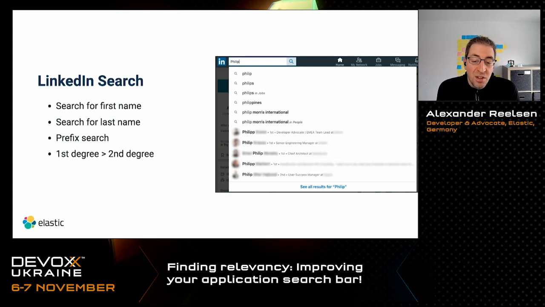And there's another important thing. You can see here that first degree connections are definitely preferred over second degree connections. All the hits displayed here in the search-as-you-type functionality show that the hits that are displayed first are always first grade contacts, so people I already have a connection with. And then there's a second degree user at the end. And we can also infer out of that, if the next hit is a second degree user, the LinkedIn search takes this into account as well and makes sure that if you have indirect connections, they are scored higher from a second than the third degree part. So all of this can be inferred by just running a single search.